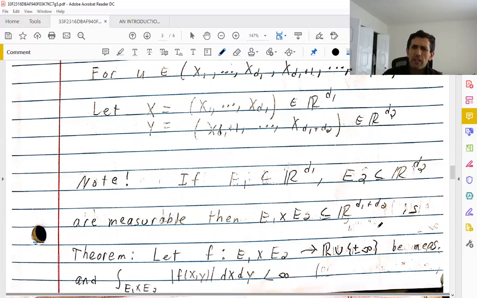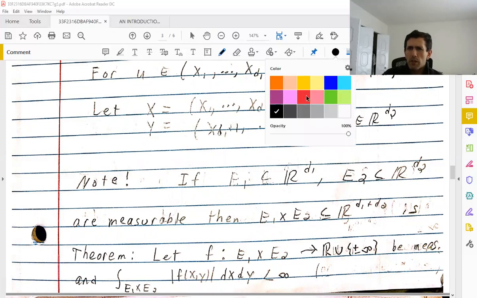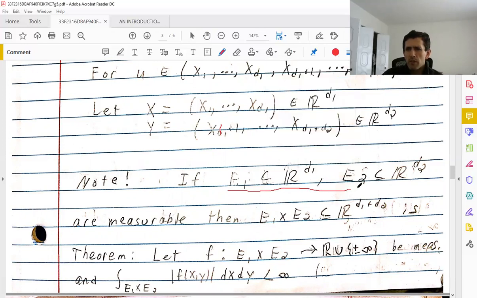Fubini's theorem says that if I have a measurable extended real valued function f that's integrable on E1 times E2, where E1 and E2 are just like here, measurable subsets of R^d1 and R^d2 respectively,